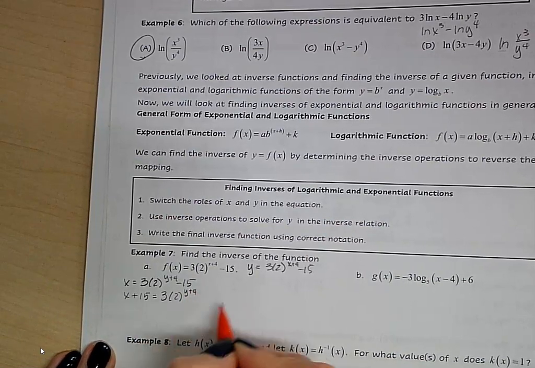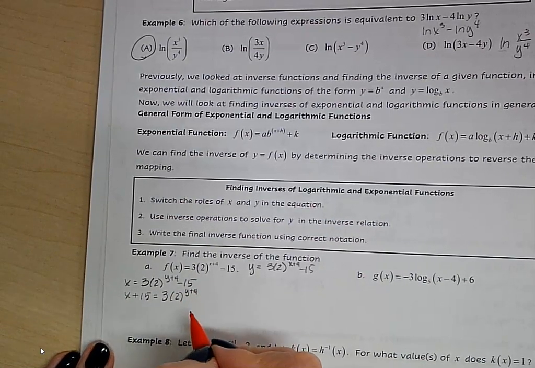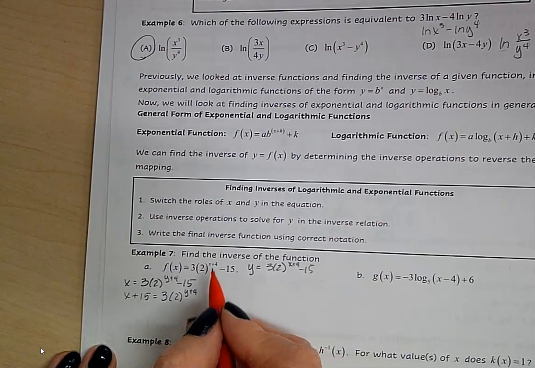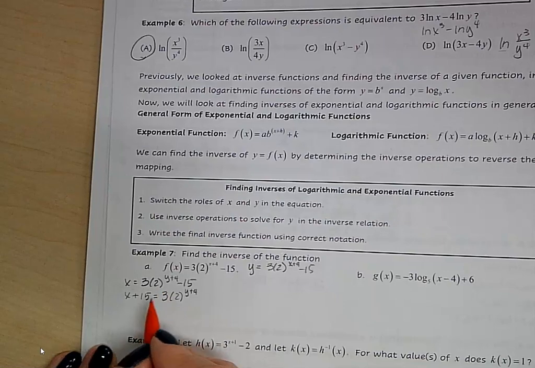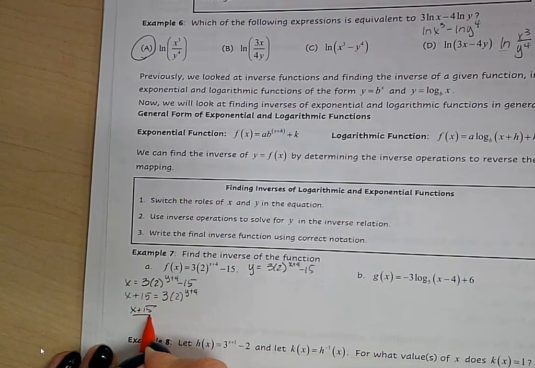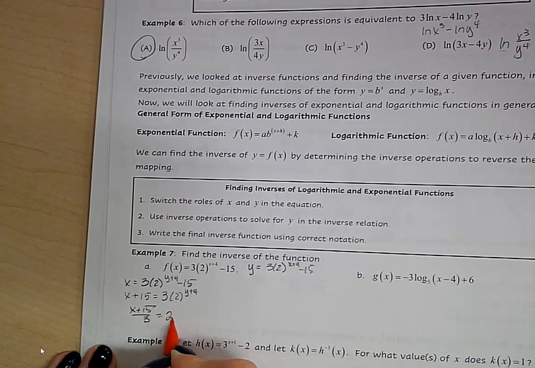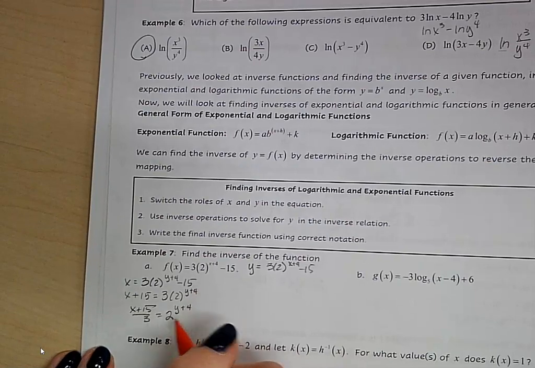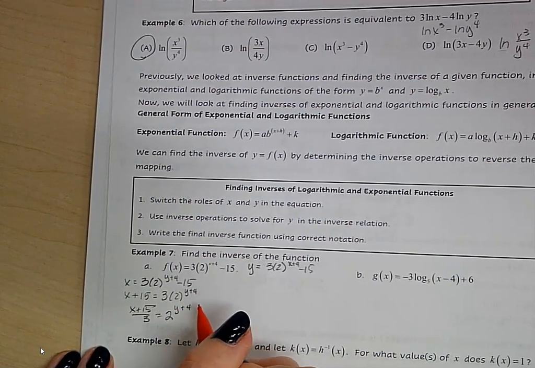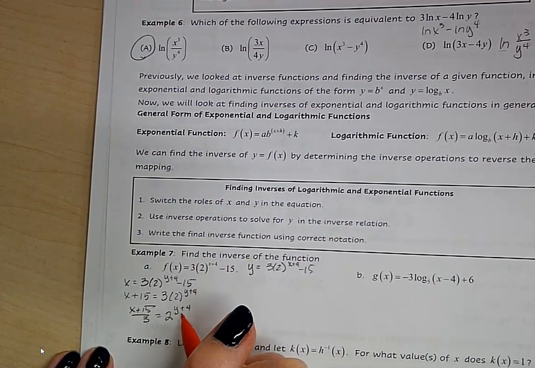And we're just unwrapping it. We're moving everything I can move around so I can get to that piece right there. So I can get rid of the 3. I can move that 3 over by division, so I can say x plus 15 over 3 equals 2 to the y plus 4. Okay. Now, one of the reasons we care about those properties where we have an exponent is